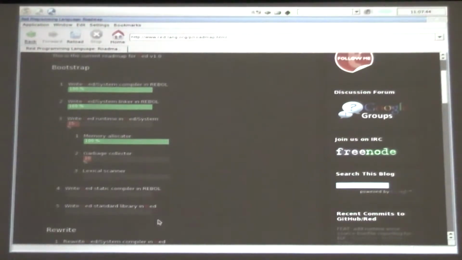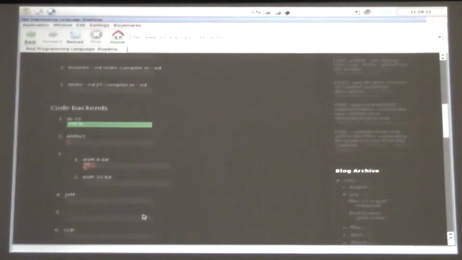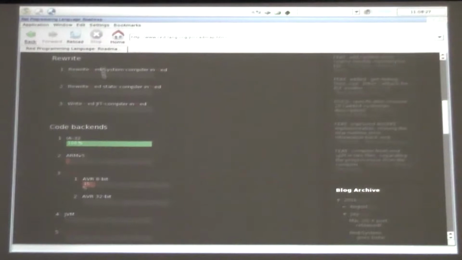So the system is really being bootstrapped upon itself in a very nice way. That also means that it takes a bit longer to get to the eventual goal. And so after the runtime, the Red compiler must be written, and the Red compiler will be written in Rebol. But when you have Red, you can go back and then recompile your Red System compiler in Red instead of Rebol, and you can compile your Red compiler in Red instead of Rebol. And that's the next phase, that's called the rewrite here. First rewrite the Red System compiler, then the Red compiler, and after those two first rewriting phases, Red will run